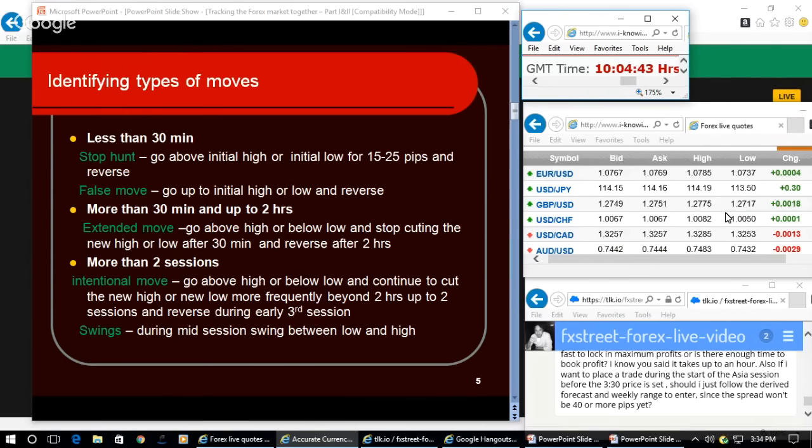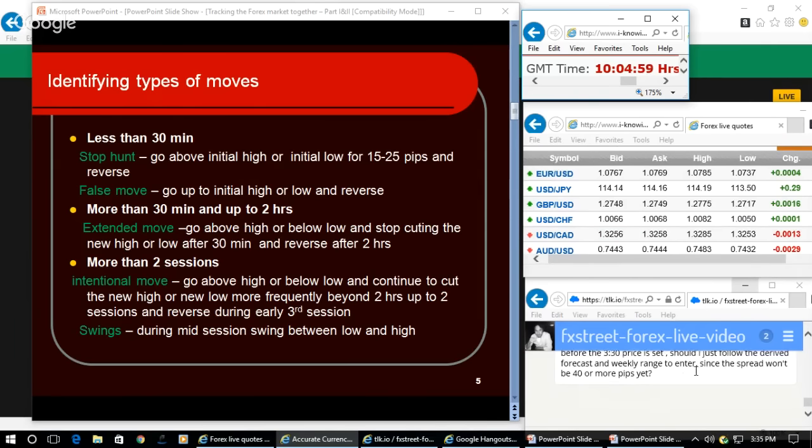Because the players don't do hat tricks. You know what a hat trick is? Repeating it more than 2 times and achieving it on the 3rd time. That is called a hat trick. But the players don't do hat tricks. That means they do it the first time, they do it the second time, pretend they are going to do it the third time, and reverse the market. So that is one of the basic fundamentals of cheating.